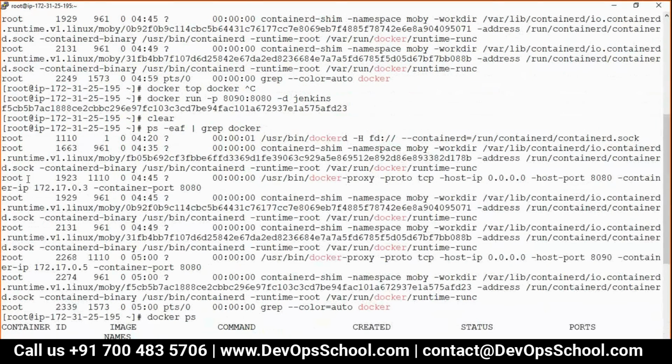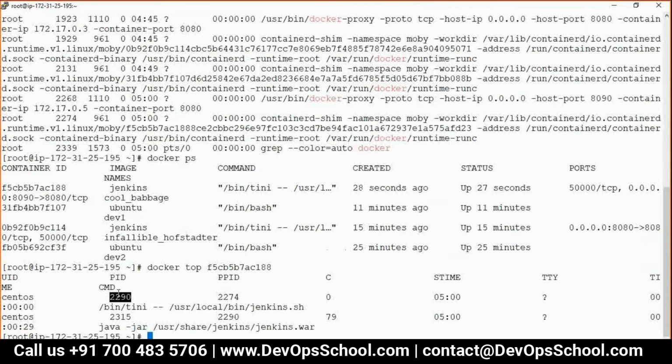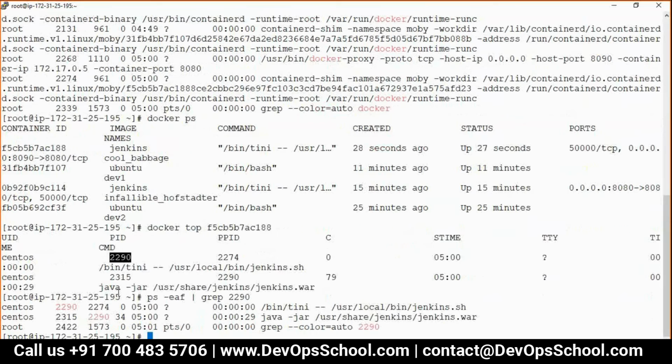But here unfortunately I am not getting it. No problem, the grep is not giving me that. I'll get to know here. See here, this is all.